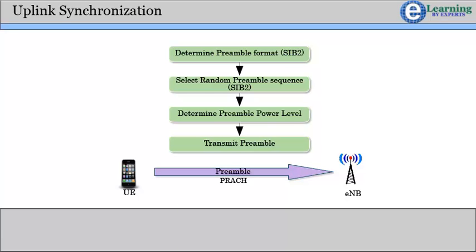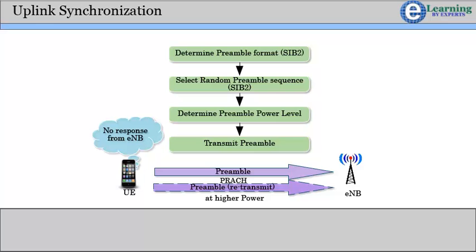Not unlike other technologies, the UE will estimate its initial uplink transmit power based upon the received signal strength of the cell. After transmitting the preamble, the UE will begin to look for a random access response message from the eNB. If no response is received, the UE will try again at an increased power level for a finite number